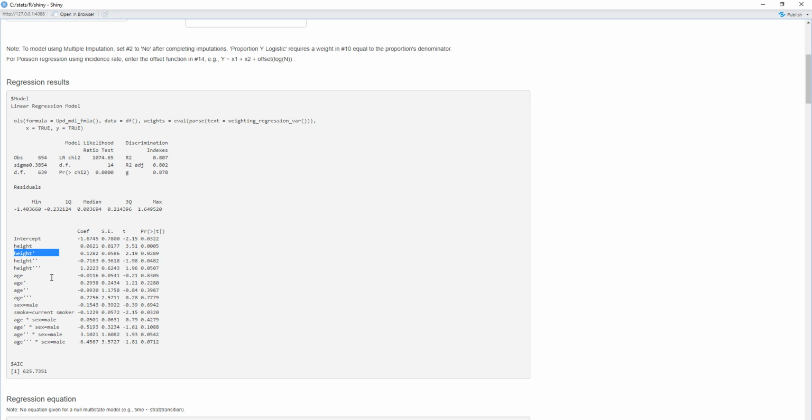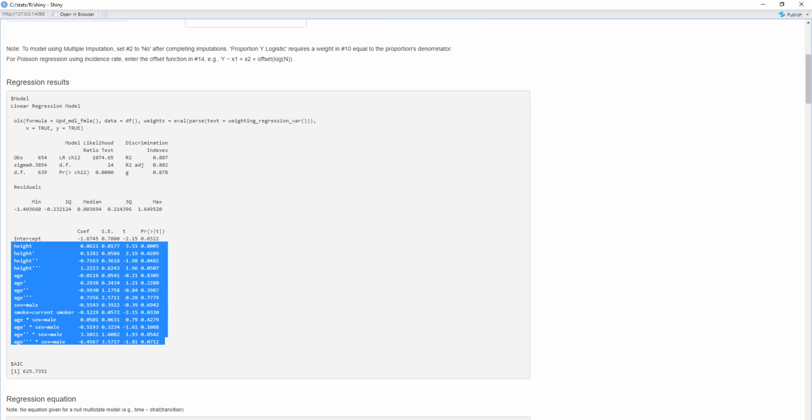And I have splines for height and age, and I do have an interaction between age and sex. So as you can see, we have just 4 predictors, but when we look at the different coefficients for the model, it makes it look more complicated. We do get a lot of information from using nonlinear terms and interactions, especially since we know in the literature that there is an interaction between age and sex,